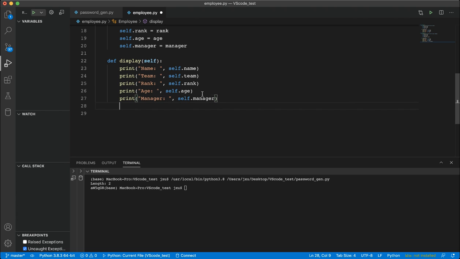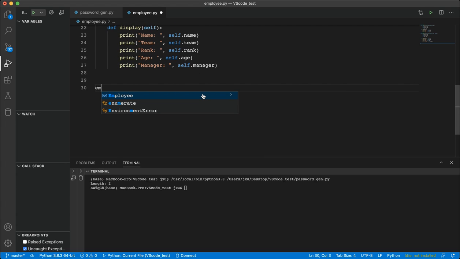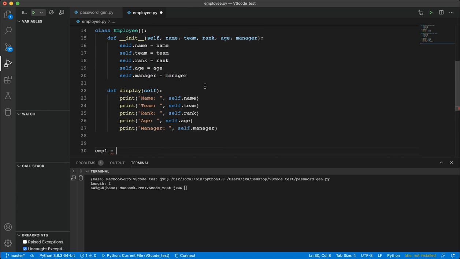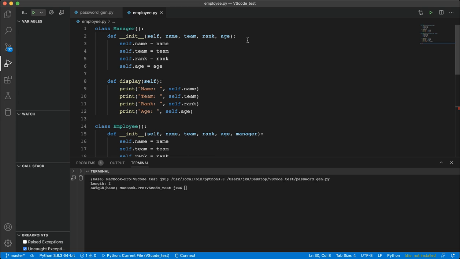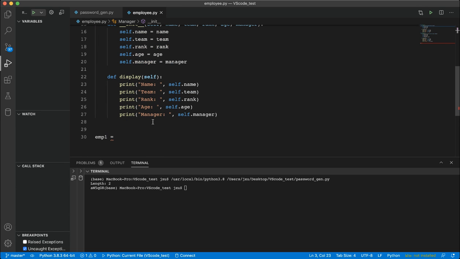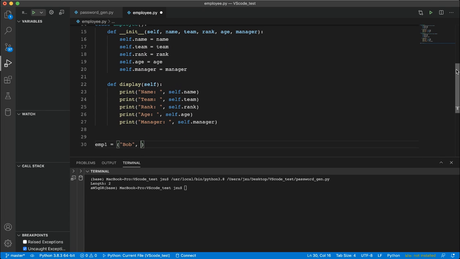Now we can create our objects in the class. First of all, we'll just have emp1. Then we'll follow our variable instructions. We have name, so Bob. Okay, and then team. Because this is a programming video, I feel like it should be fit to do a computer company, or like a computer science company. So Bob, and then team,